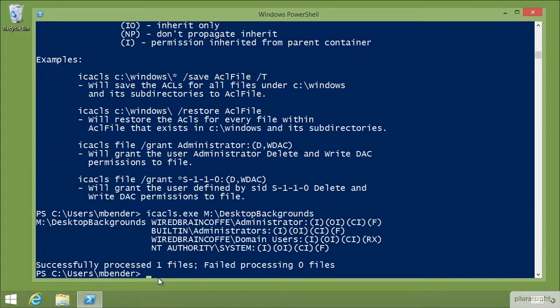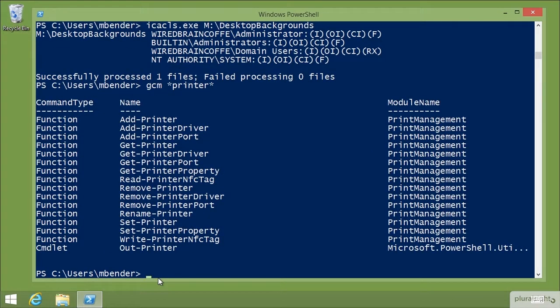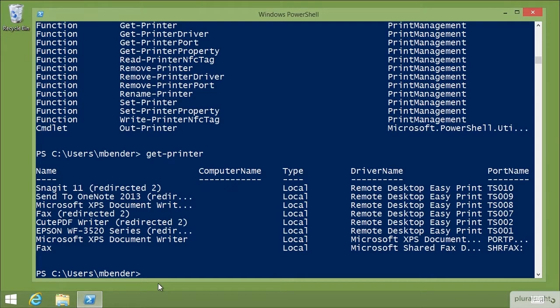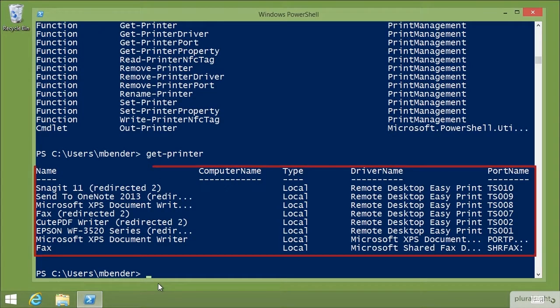So the next thing we're going to take a look at is working with printers. So if we do a gcm *printer*, that'll bring up all of the functions that are available for working with printers. So we have the ability to add printers, printer drivers, printer ports, a lot of different things with printers. So I'm going to see what happens when I just put in Get-Printer. So if I put in Get-Printer, that will show me all of the local printers